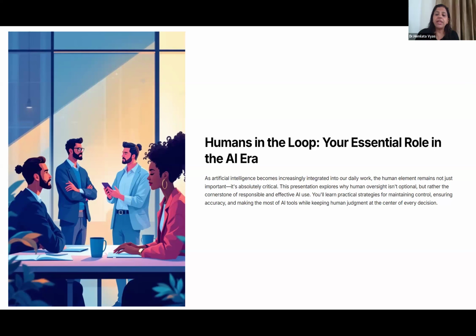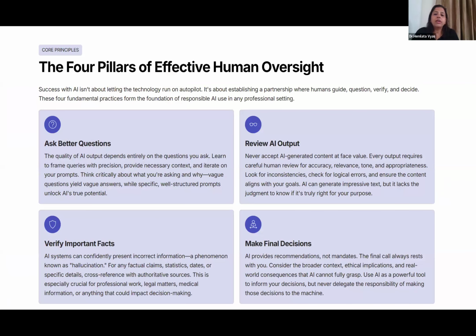So humans play a very critical role. How can effective human oversight help? Ask better questions. The better the question, the better the answer. Spend some time on what you want, and better prompting is very important to get the right answers.